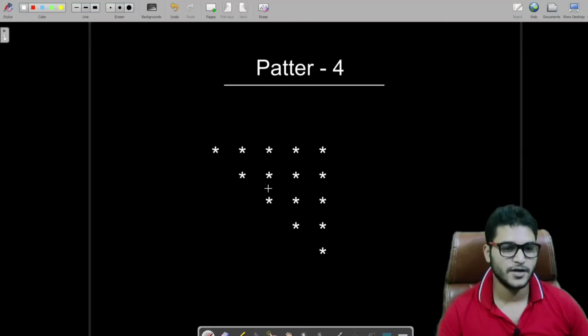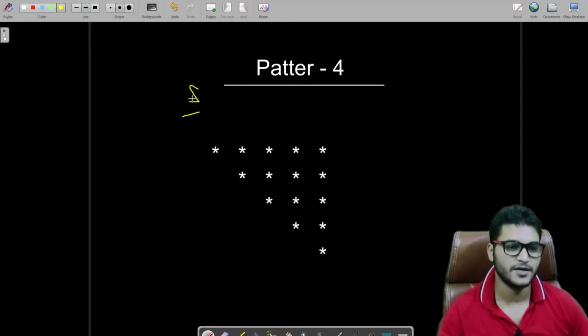So first thing first, we have to make this pattern for n is equal to 5. Fine. So we have to make this star for 5 size. Of course, the size of this pattern will be varying according to the user input, but we are taking an example of 5. If you analyze here, this is the first row, this is second, this is third, this is fourth, and this is fifth.